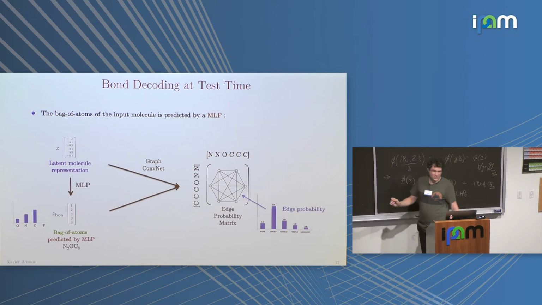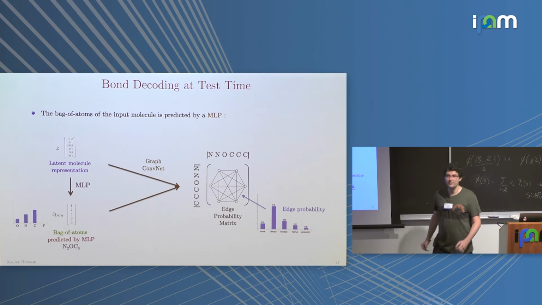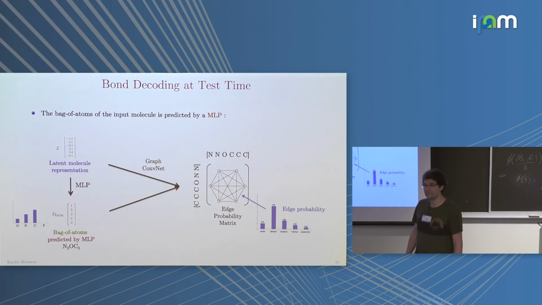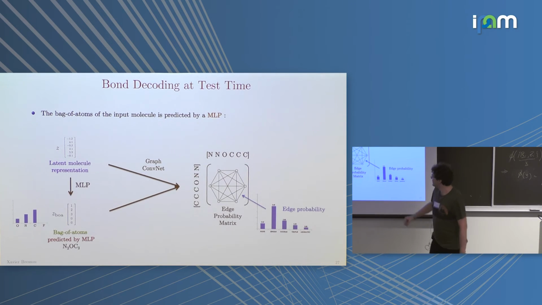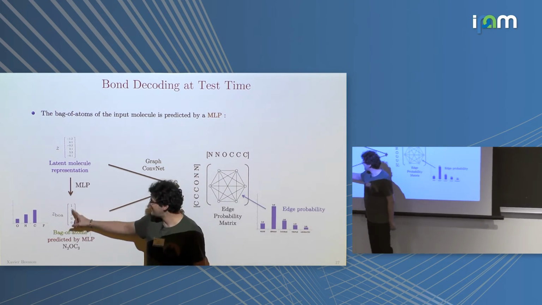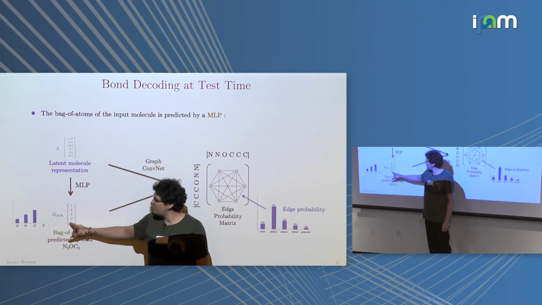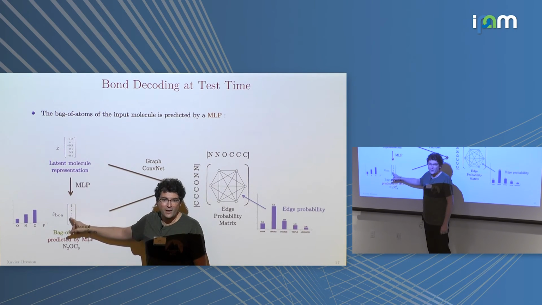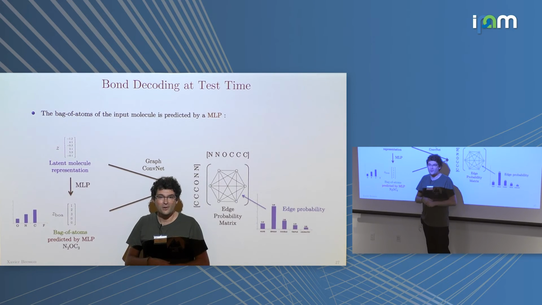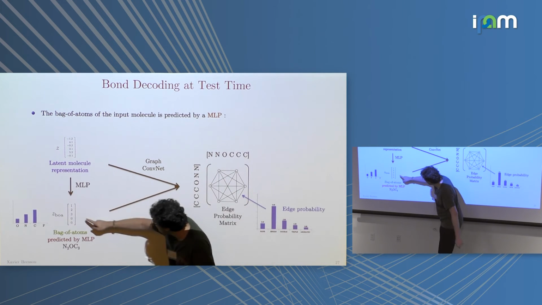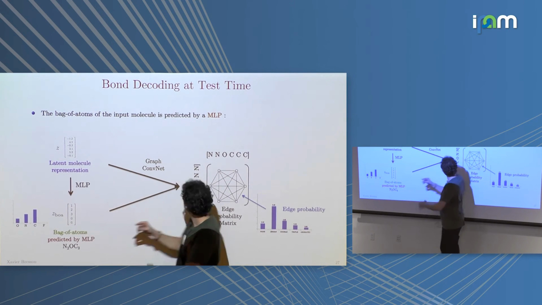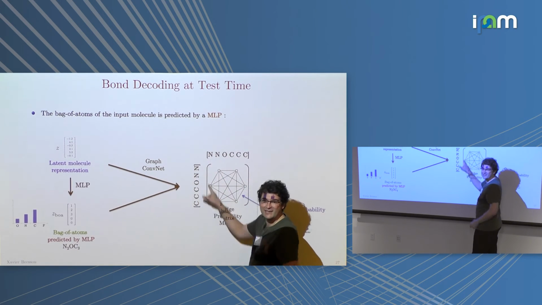So yeah, I'm coming back. How do you have the different molecule sizes in this matrix? Is it fixed from the beginning? So the size is going to be given by this. If you sum over the histogram, you will have the size of your molecule. For example, you have 1 plus 2 plus 3 is 6, so you will have here 6 by 6. This is how it is done.